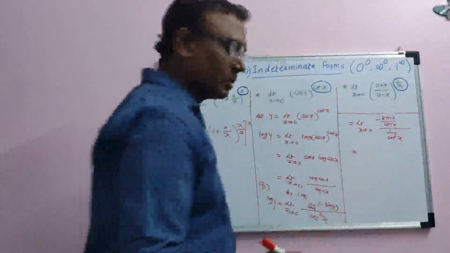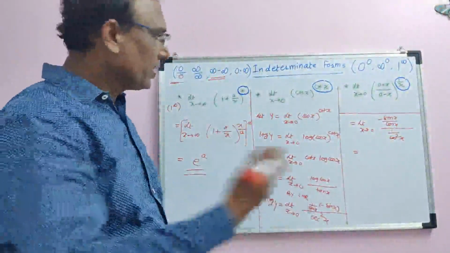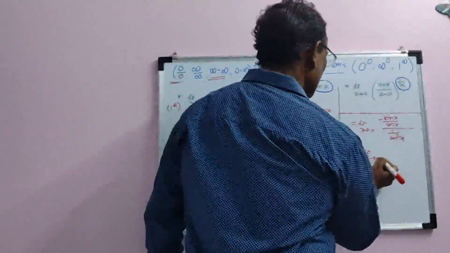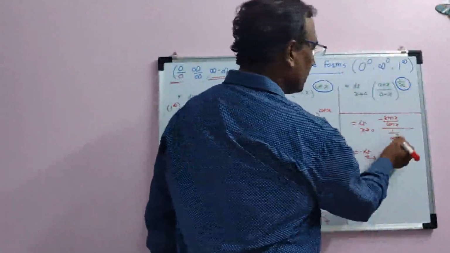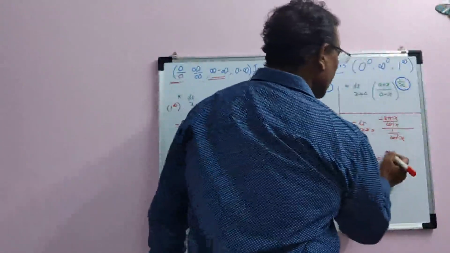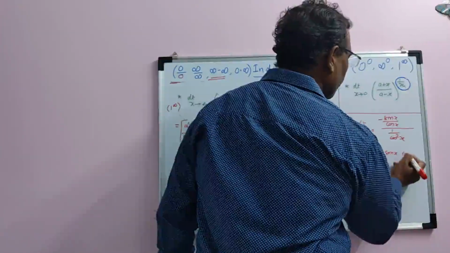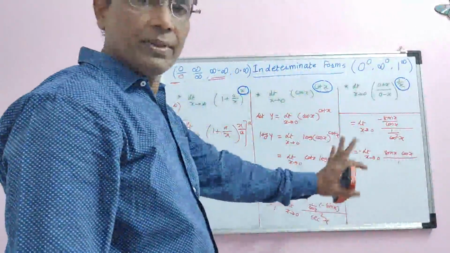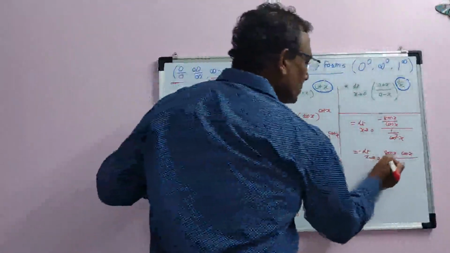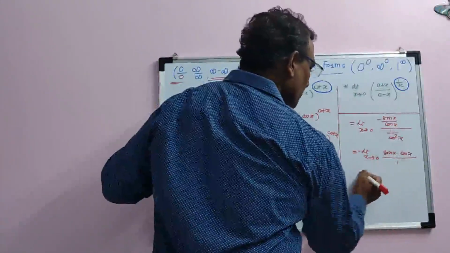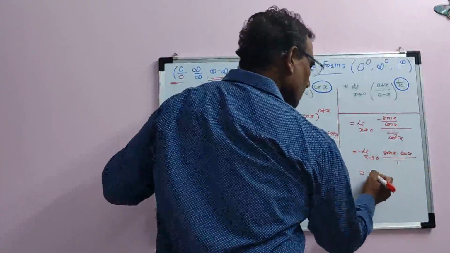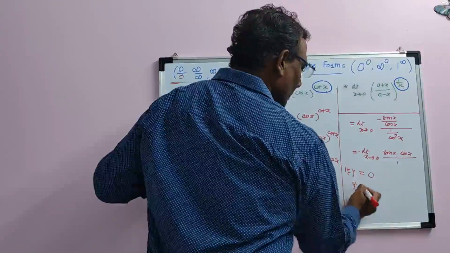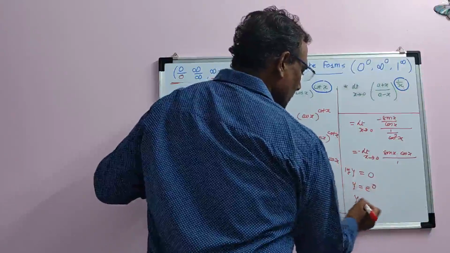After applying L'Hospital's rule, if there is scope for simplification, go on simplifying. x tends to 0. This minus sin I have taken outside, cos square will jump here, sin x into cos x will remain. Now in the denominator we don't have a variable. If you put x equal to 0 here, sin 0 is 0 and cos 0 is 1, so 0 into this will be 0. Even if you don't write the minus sign, it is okay. So y is equal to e raised to 0, meaning y is equal to 1.